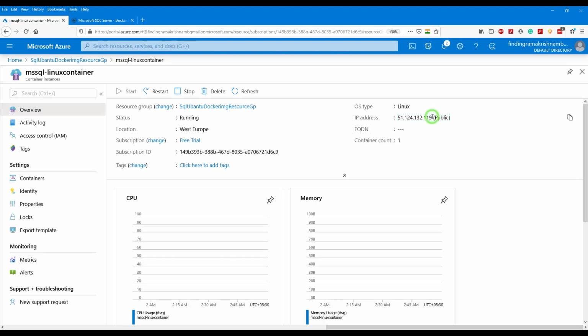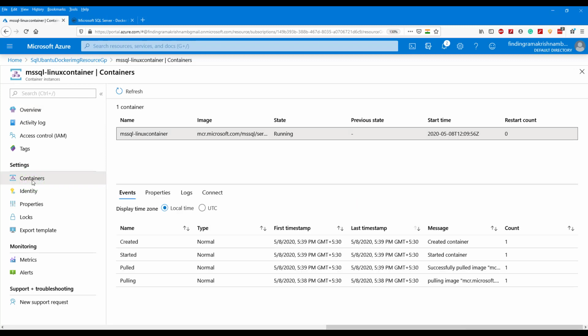We have a public IP address specified for us. If you go to the settings section on the left side of the UI and go to containers, you can see the proper log here. The image is pulled from mcr.microsoft.com and successfully created. You can see the container name and image values here.